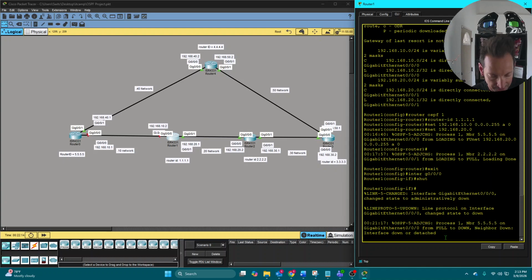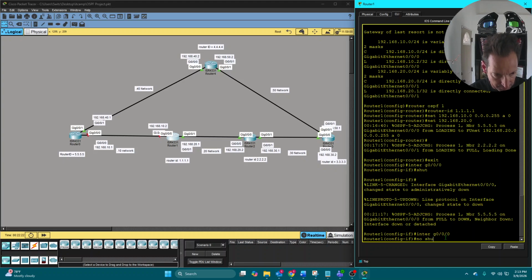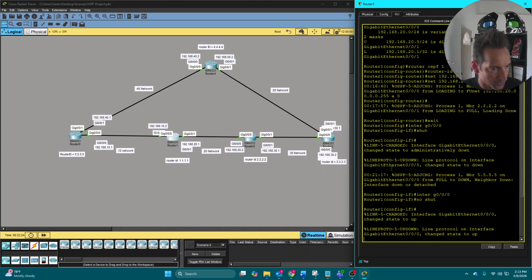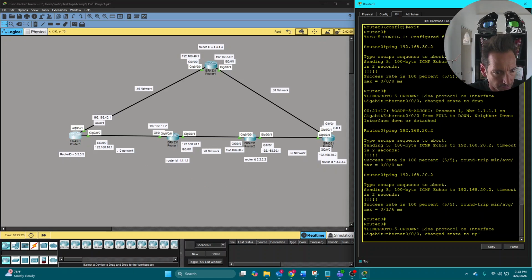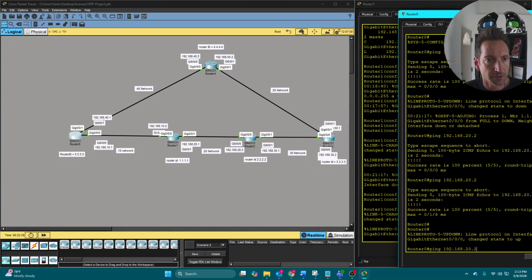Let's bring that interface back up. And I just want to show you something here. It's pretty cool. So we'll do router 1 or router 0. We'll do the same test again, but I'm going to show you the